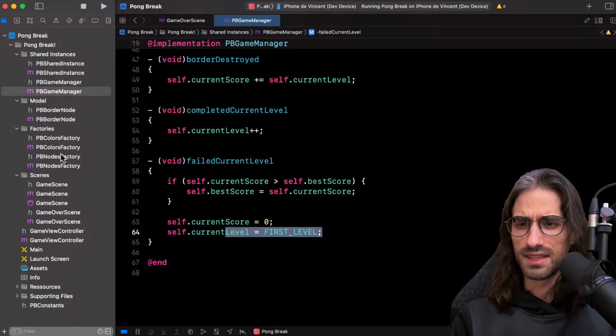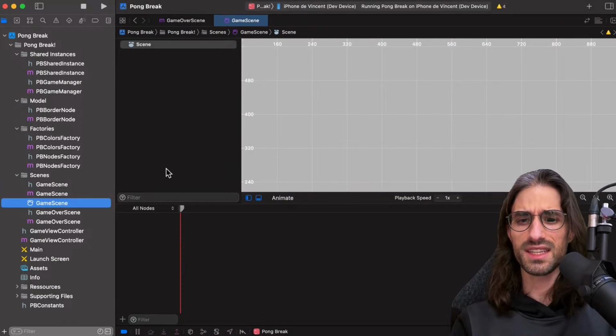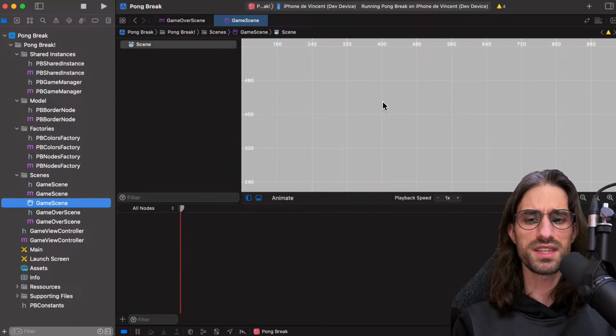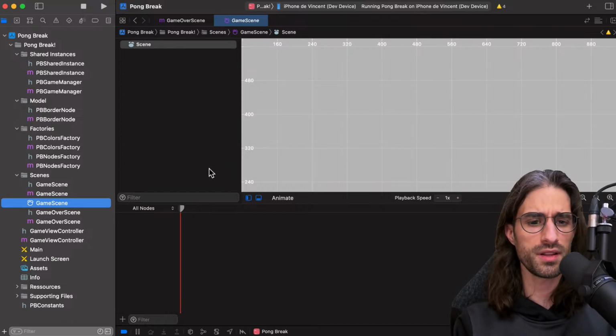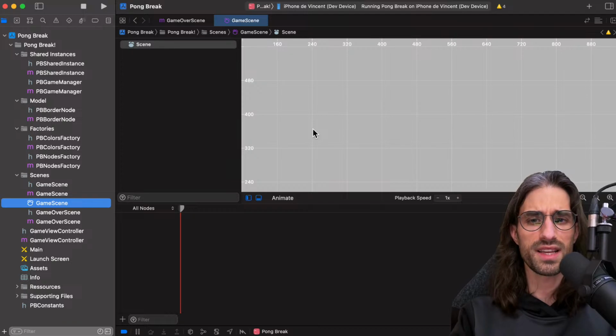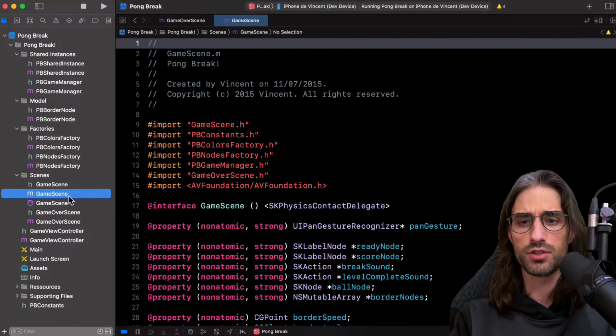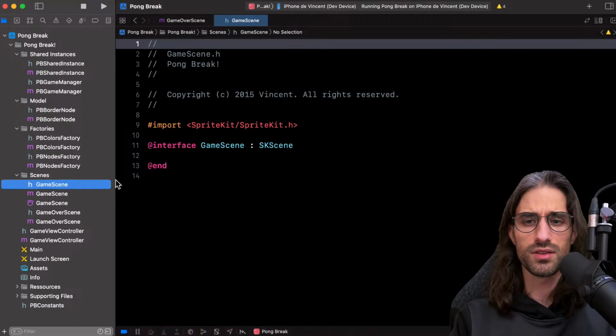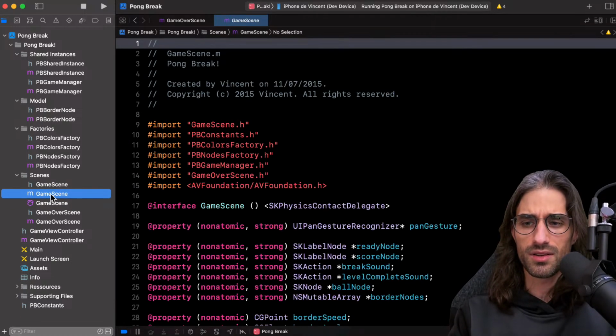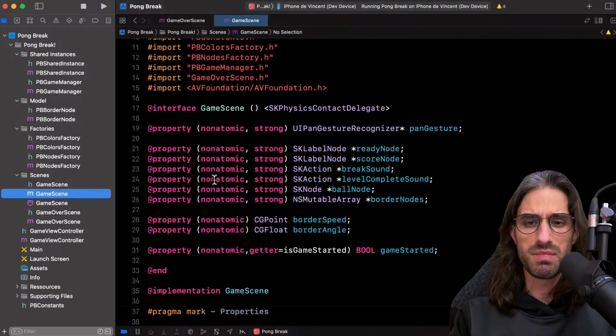Okay, then we have the game scene. So the scene is the thing in SpriteKit that you can use. And I didn't use this. I just created a scene because you have to create one. But I guess if you want to have a level where you put sprites and they can get animated and things like this, you use the scene. Me, I didn't use it. I did everything in the implementation file.